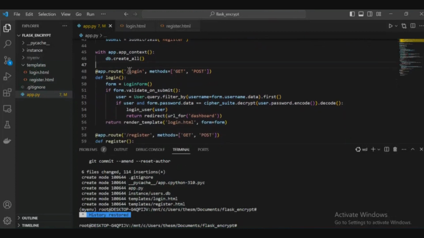So the first route is the login route. The methods that we're permitting are get and post methods. So we define the login route's logic. If the form is not validated, it's going to simply render the template login.html and send the form that we initiated right here, which is the login form object that we defined in our forms above. If the form is clicked